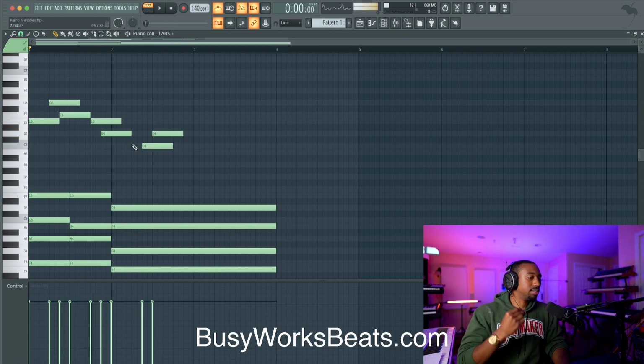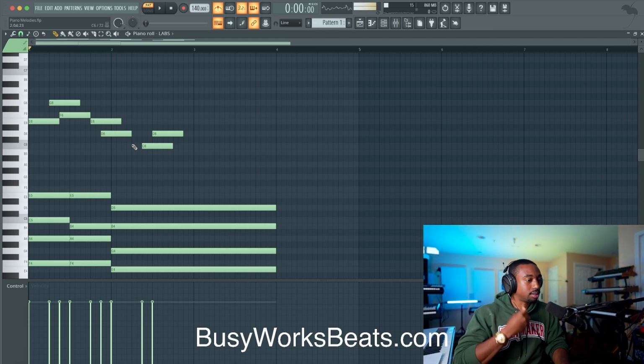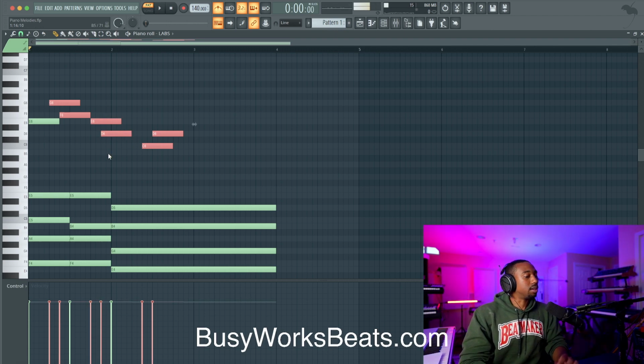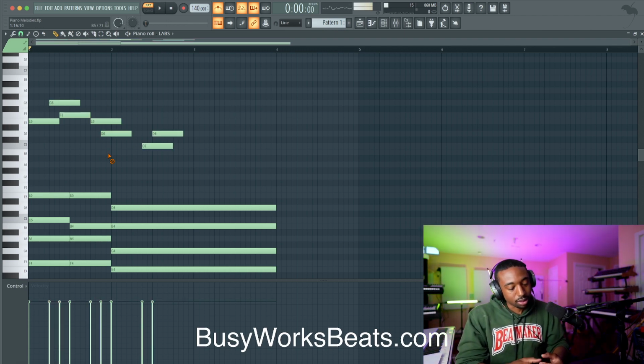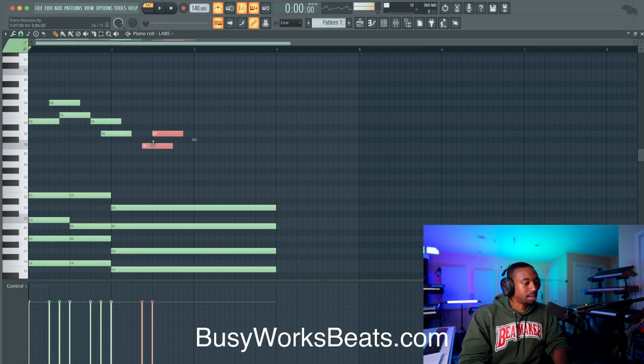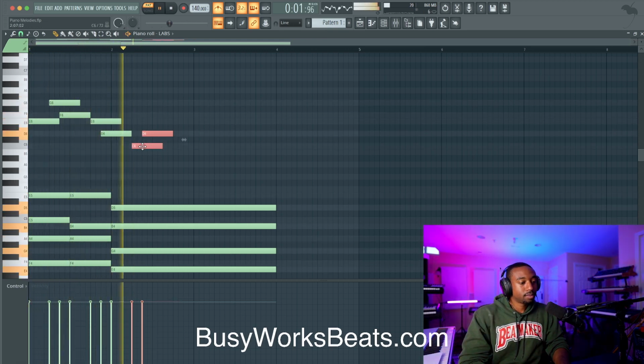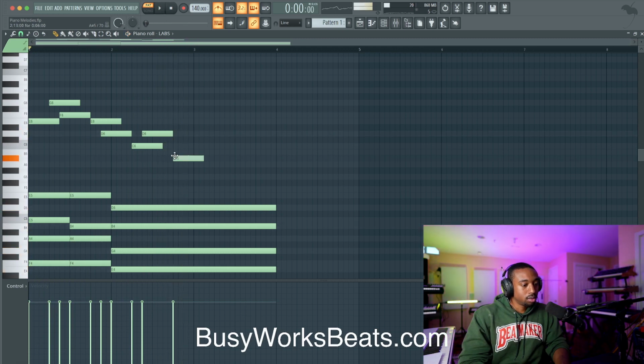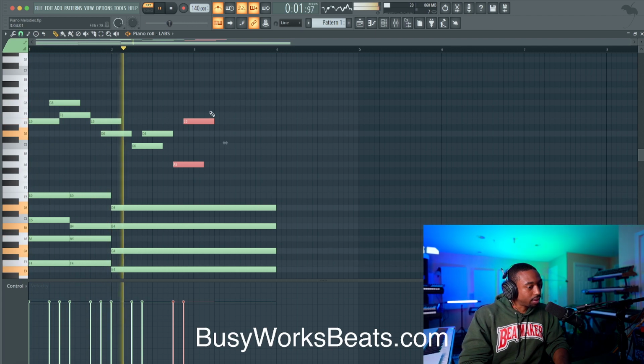And now you can see there's a rhythm. The melody repeats itself in rhythm, not necessarily the notes, but the rhythm repeats itself. And now we've got to get the timing right. Now this is a perfect fifth interval.